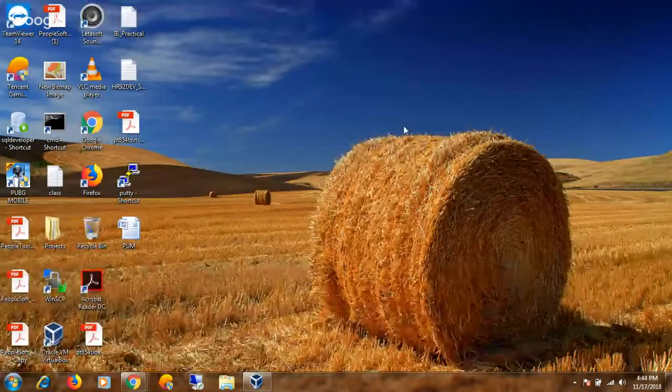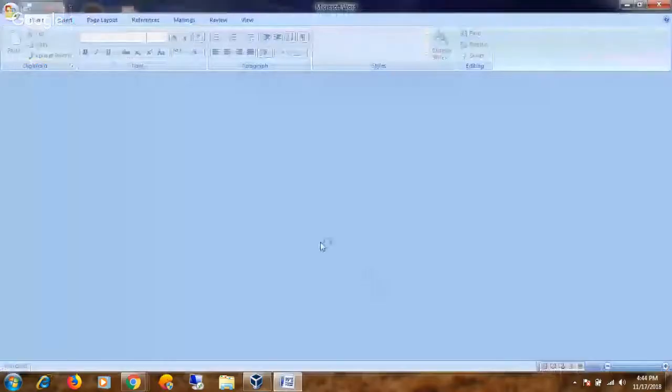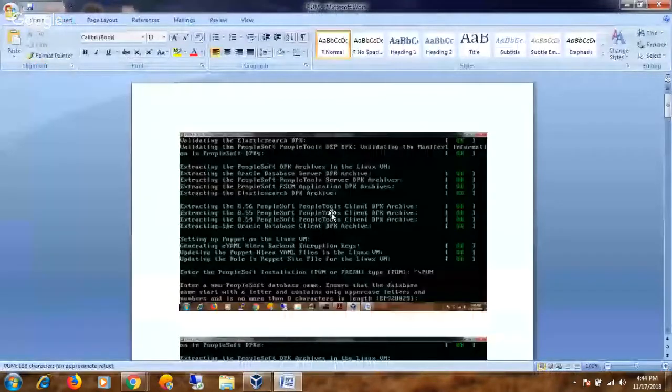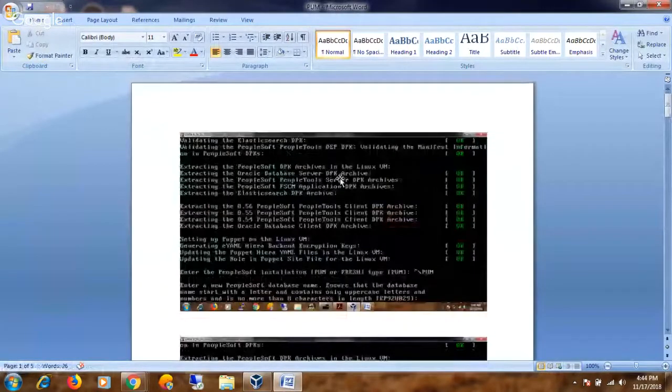Hi friends, let us see the PUM continuation class. On the day we have just deployed, but it is not completely done. And after whatever options I have given, I have taken a screenshot and mentioned them here. After that, it will start the virtual machine and extract all the zip files, and then we need